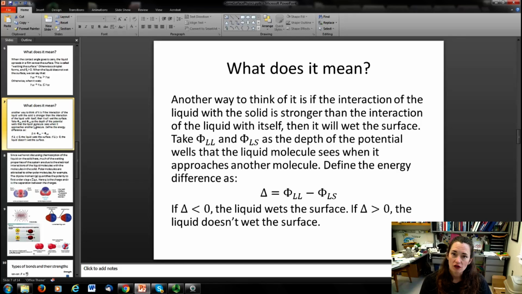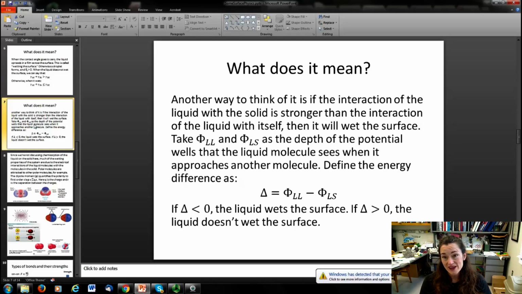And then we'll call the chemical potential or interaction of the liquid molecule with the solid surface phi LS, okay? And those are sort of the depth of the potential wells that they experience, that sort of holds and binds them. So if you define the energy difference between those two things as delta, delta is equal to phi LL minus phi LS, then what that says is if your delta is less than 0, okay, then that means